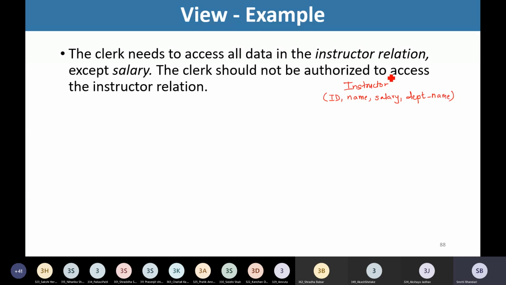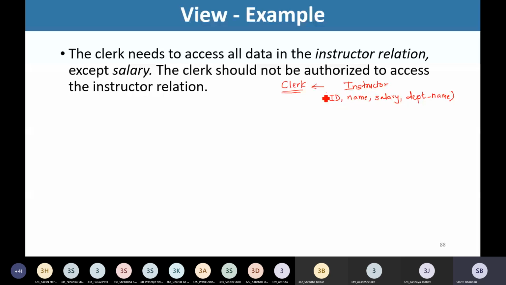Right? Now, in our university, we are having few people designated as clerks. Right? So these clerks are not authorized. They are not having the right to directly access this particular instructor relation. So they are not able to access directly this instructor table. But still, for their job, for their work, they need some information about the instructors.